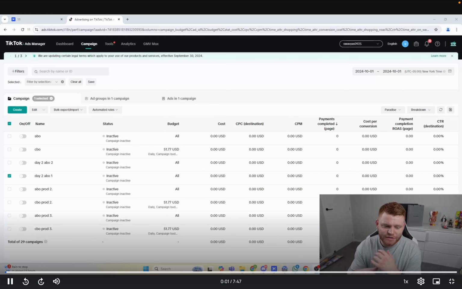So as you can see on this ad account here, for each product that I'm testing, so let's look at ABO product 1. So there's also a CBO for product 1, okay? So that's 1